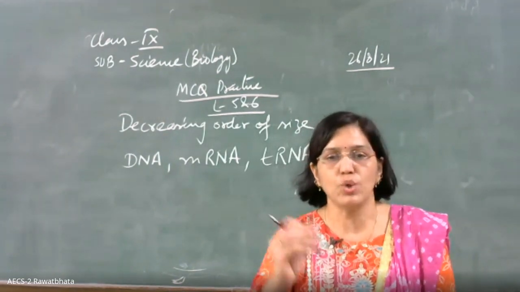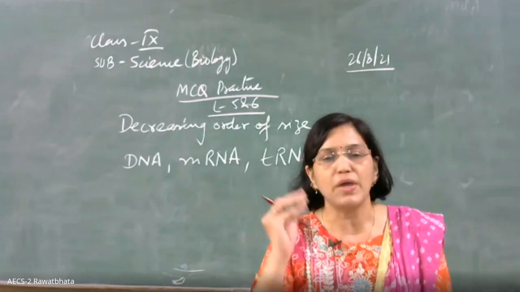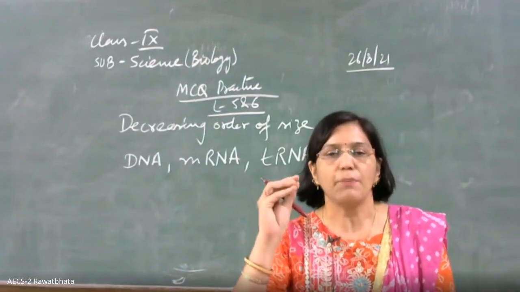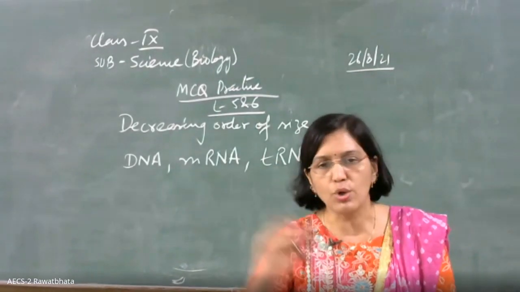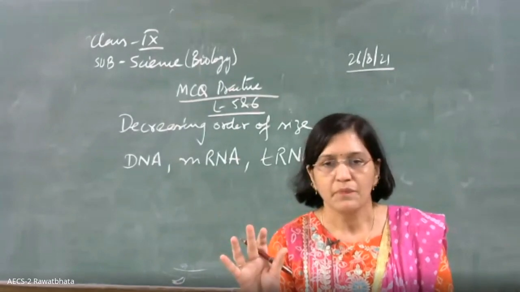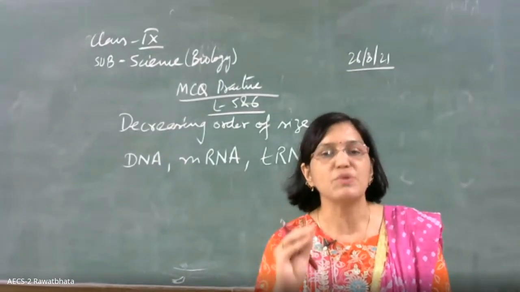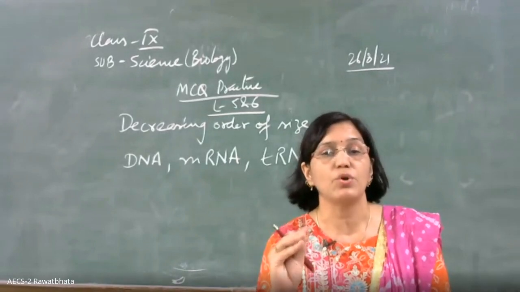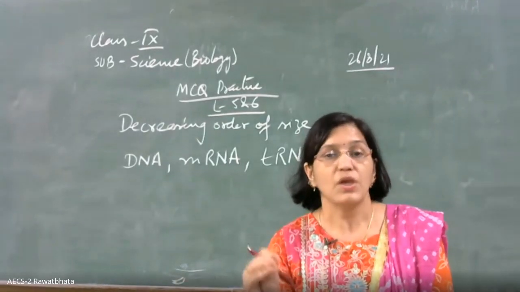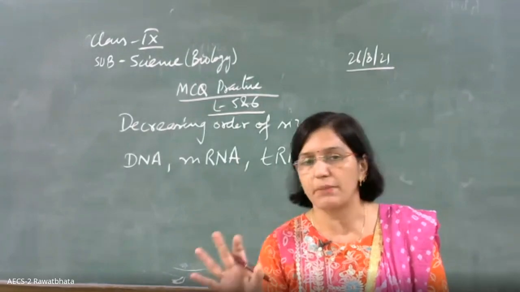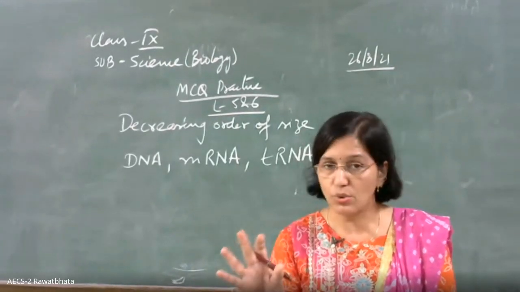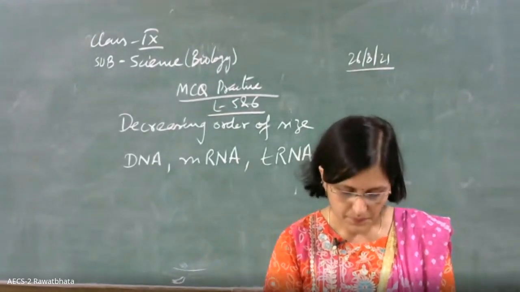So even if you do not know the correct option of any multiple choice question, the best way is you start ruling out those which cannot be the answer. Then you will be left with the answer that should be marked. But this rule must be followed only if you have no negative marking. If you have negative marking, then don't attempt that. The answers that you don't know, do not attempt, please.